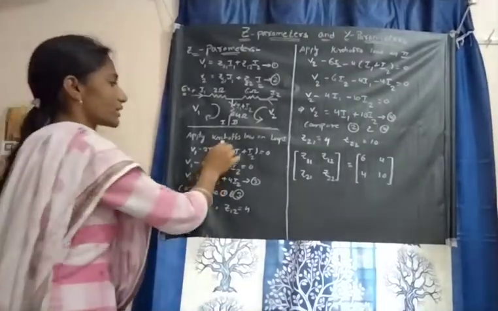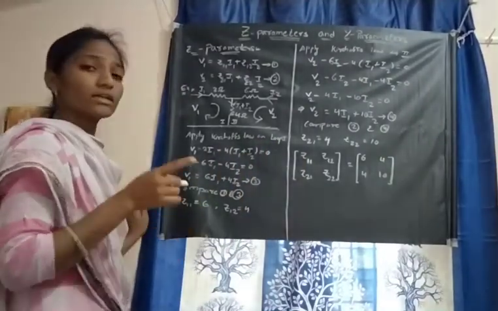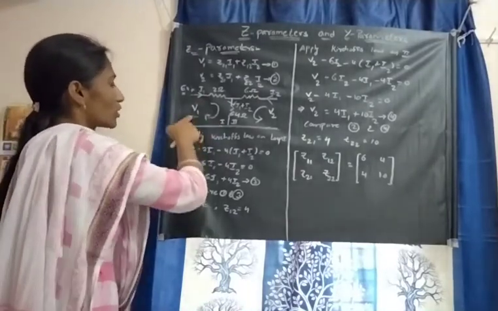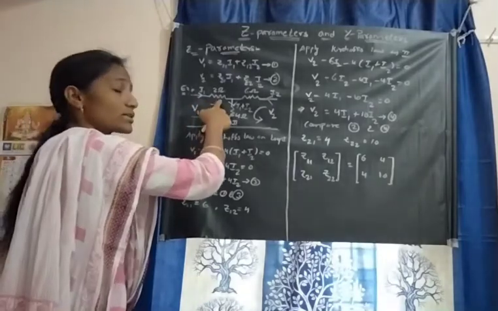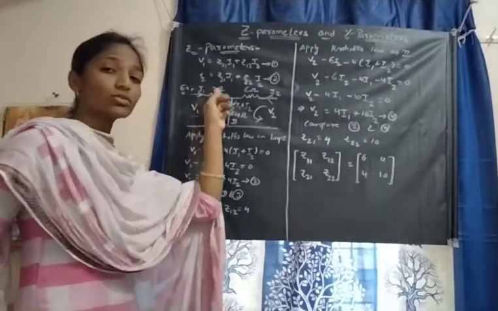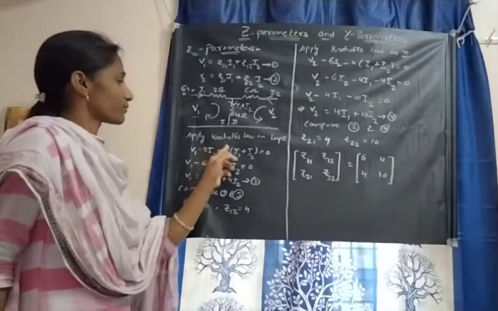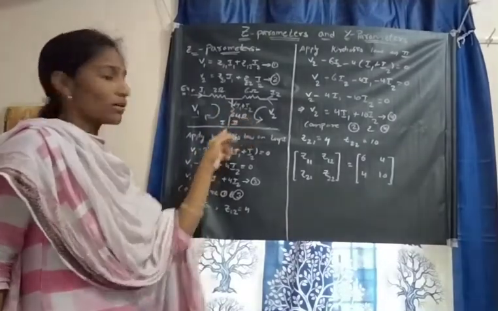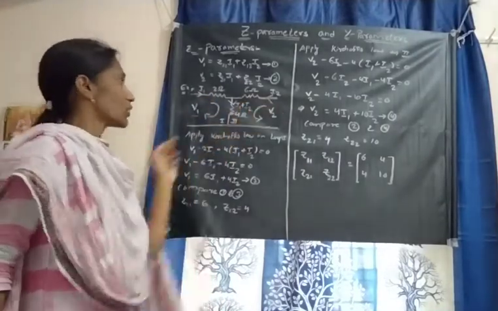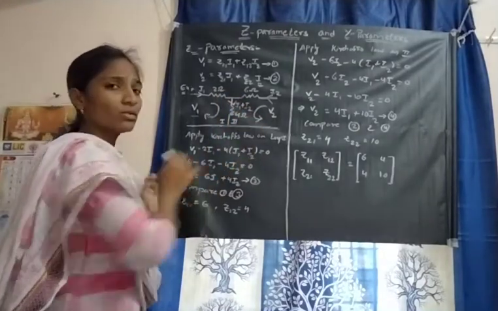Then applying Kirchhoff's voltage law on loop 1, what happens? Here the voltage is V1, and the resistance is 2, so subtract 2 times the current across it, which is I1: V1 minus 2 I1. Then minus 4, and how much current is flowing here? Here I1 and I2 flow, so from I1 the branch is connected to I2, giving I1 plus I2.